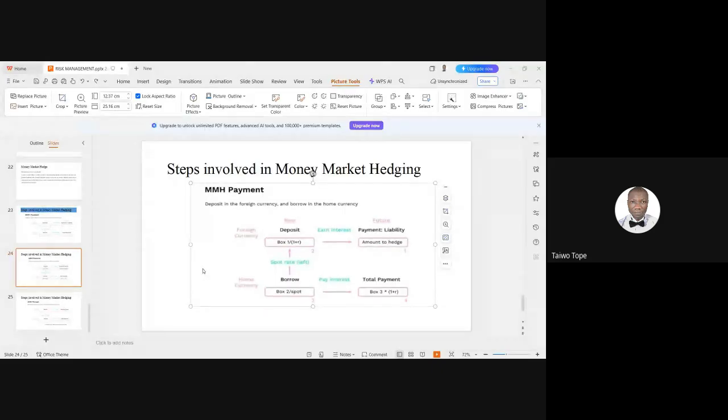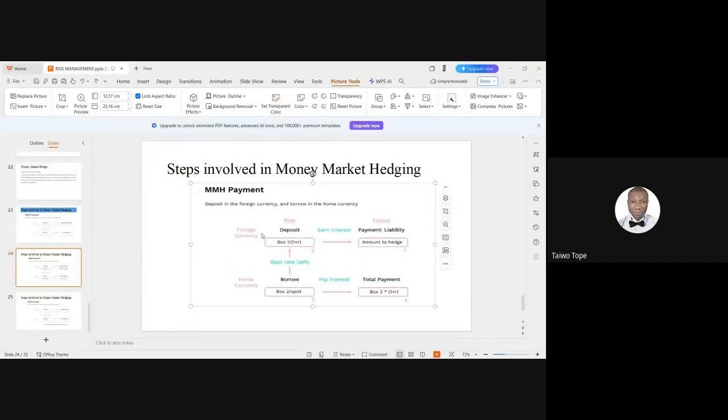And as you borrow, the result will be what? The value in box 2 here, divide by what? The spot rate. You convert, you get the value you have to borrow in home currency. Once you determine that, you get the total payment. The total payment will be the value in box 3 multiplied by what? The interest rate in terms of borrowing. Take note, the interest rate will be prorated based on the number of years or months you are given in the question. So take note,